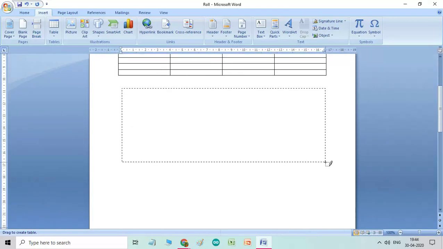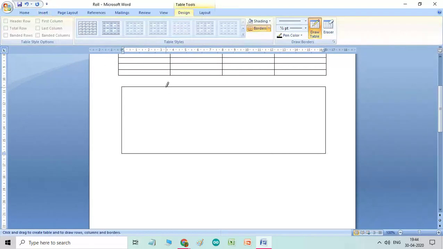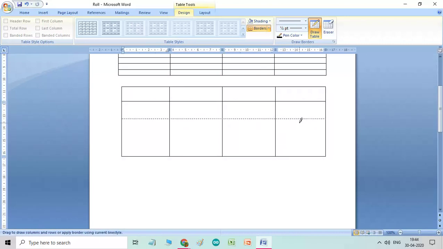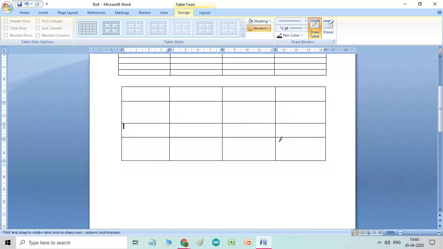You just make a rectangle, square, whatever you want, however many rows and columns you need. So now you can draw according to your needs. Simply make a line and create a table this way.